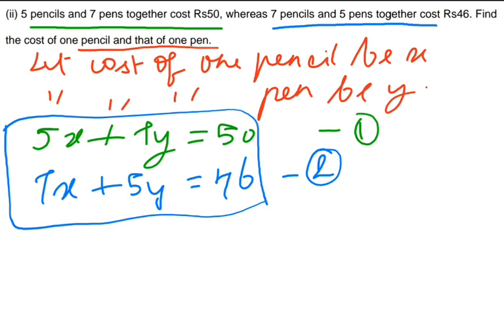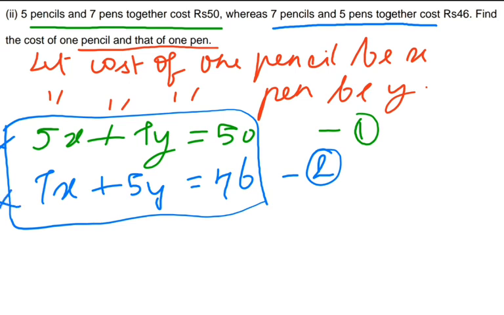So our aim is to first cancel a single variable, either x or y. To cancel that, we should subtract. But if we subtract, we still couldn't cancel a variable, so we should make a variable's coefficient the same number. For example, if there's 5x plus 7y is equal to 50, the coefficient of x should be the same in both equations so that we can cancel a variable easily. So we should multiply the upper equation with 7